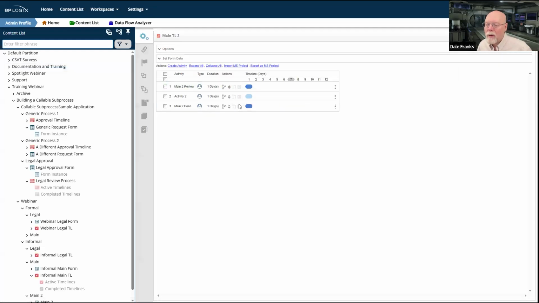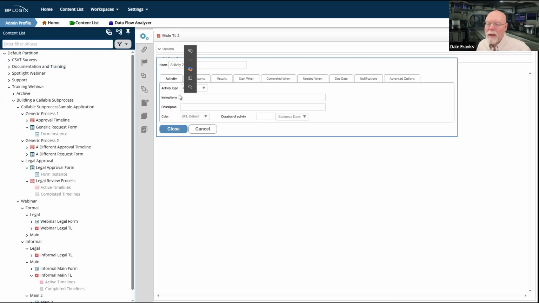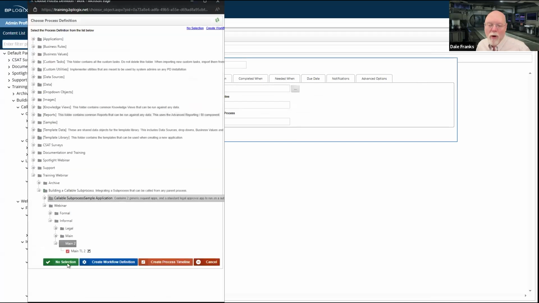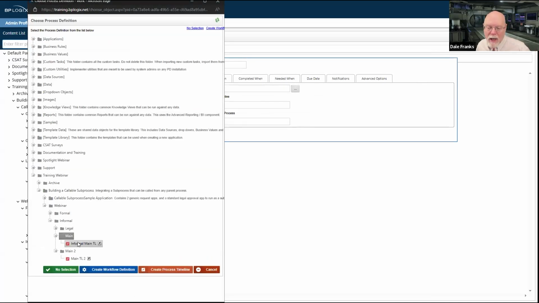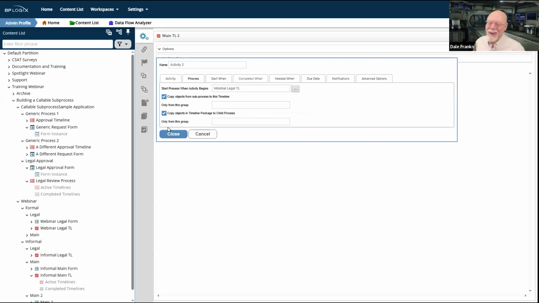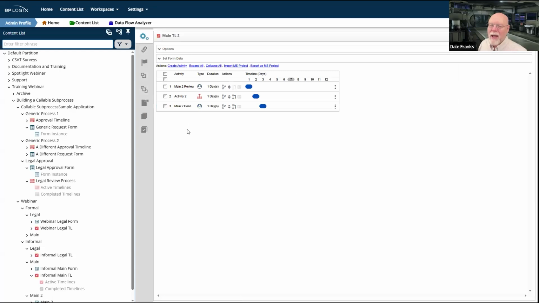And of course, we'll create our dependencies by dragging and dropping. And this time, when we pick our process, we're going to pick the legal process first time out of the box. Well, I almost picked the wrong process anyway. We're going to pick that legal timeline process.